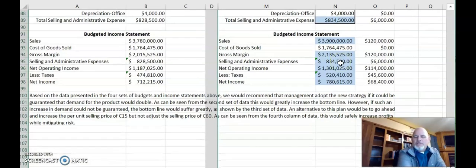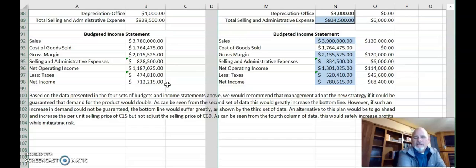And so when you look at the bottom line, the budgeted income statement, the sales did go up by $120,000. Our gross margin benefits, because the cost of goods sold did not change. We did have an increase of the sales expense, but overall, we would have a favorable variance to our net income of $68,400. So it is our recommendation that this is a much more favorable approach to the problem, less aggressive, but also